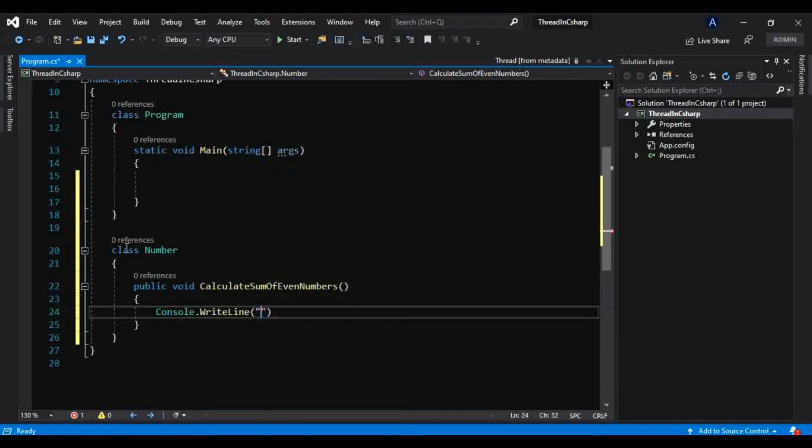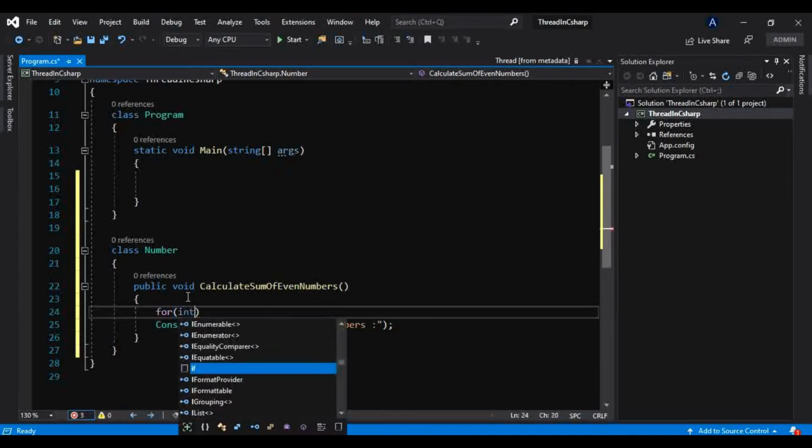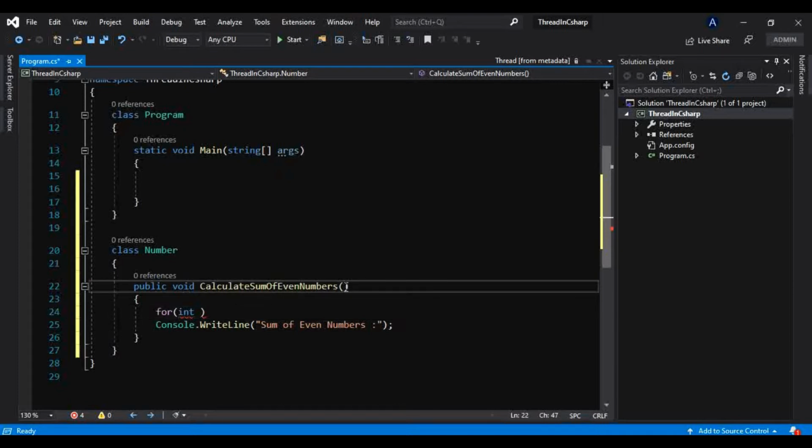Now how can we print that? Let me show you. Let me print that message only, sum of even numbers. And we will take one for loop, and for now I will not take any parameter here, or any target for which we want the sum of even numbers.